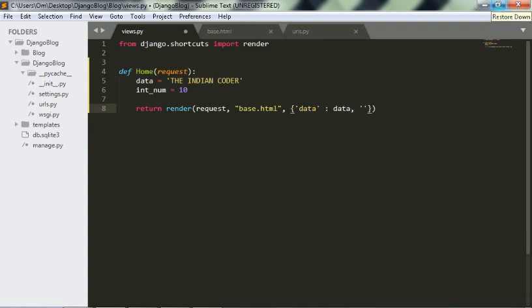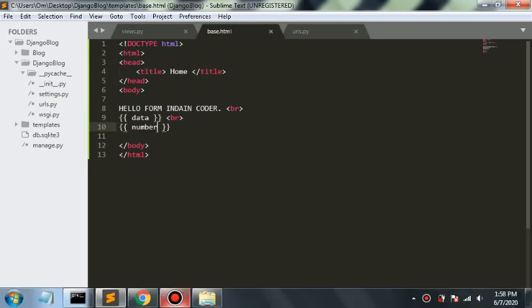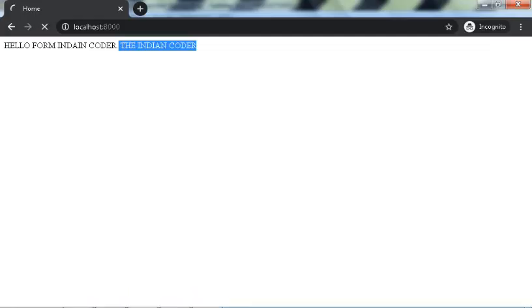Let us pass it as number and num, save it, and create a variable for it. Now it is all saved, and let us refresh.